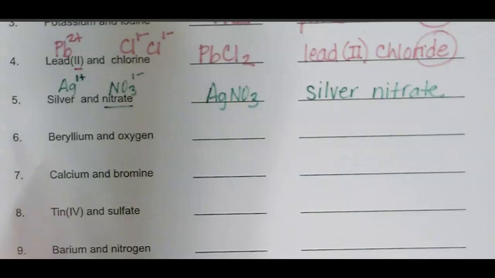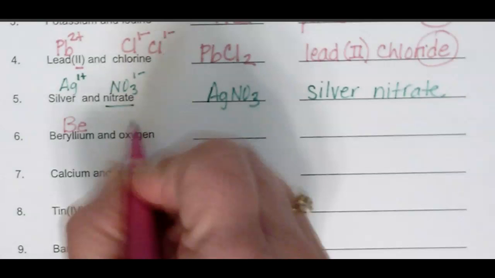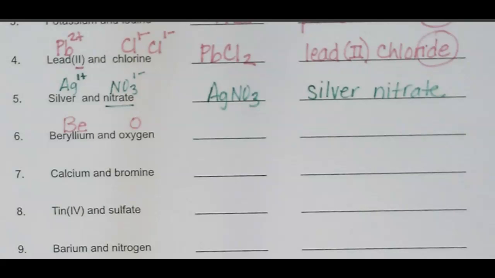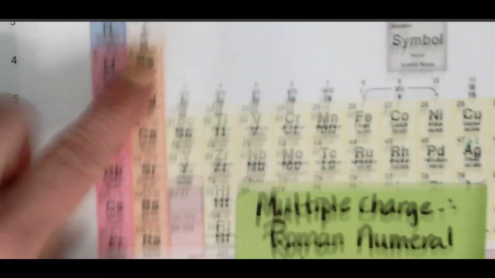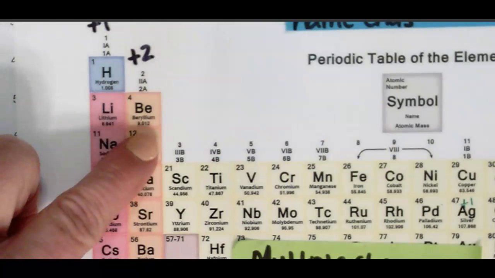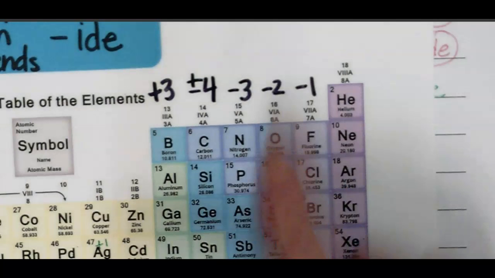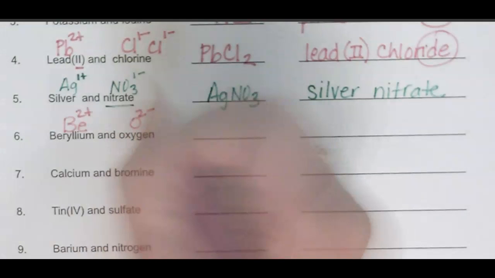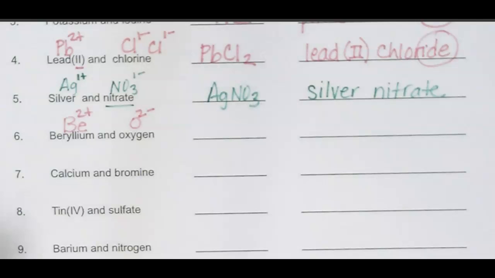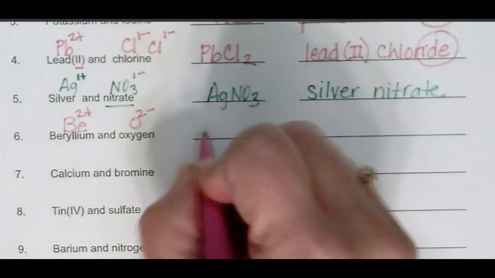Okay, beryllium. Beryllium is Be. Oxygen, another element, is O. So let's go to our periodic table. Beryllium, +2. Oxygen's over here. It's a -2. So 2+, 2-. Again, a 2+ and a 2- equals 0. Therefore, I don't need any more. So it is beryllium